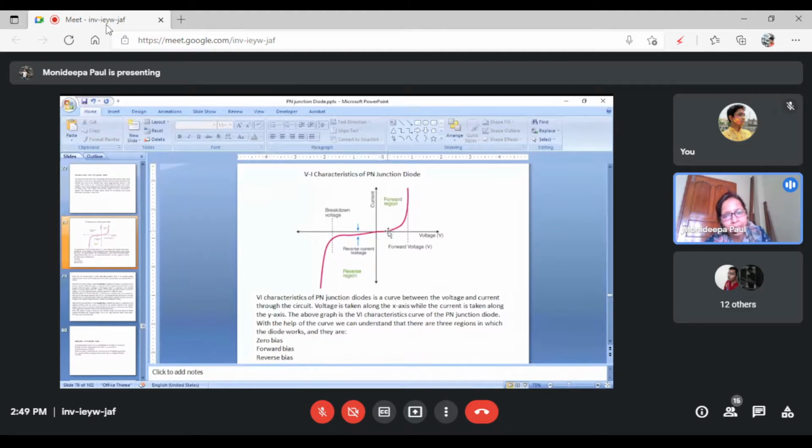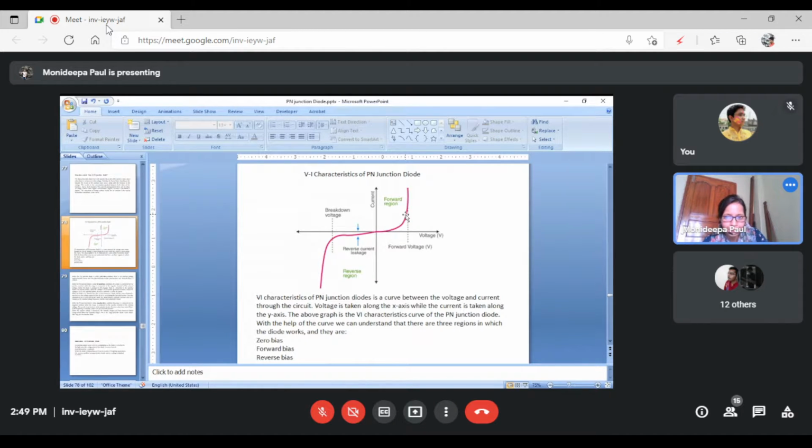Okay. After a certain time, at this point, you see the line just above the voltage reference. What happened at this point? If we increase the voltage slowly, at the point where we apply 1 volt or 1.1 volt, the depletion region resistance will be low and current starts. That means the resistance offered by the semiconductor material is decreasing and current starts flowing through the semiconducting material, and this